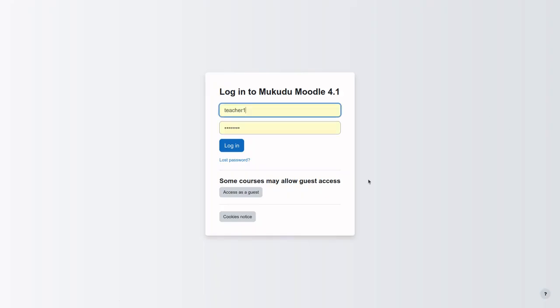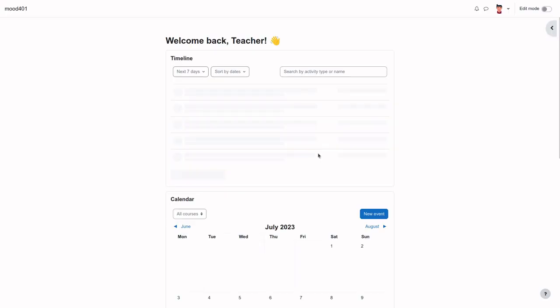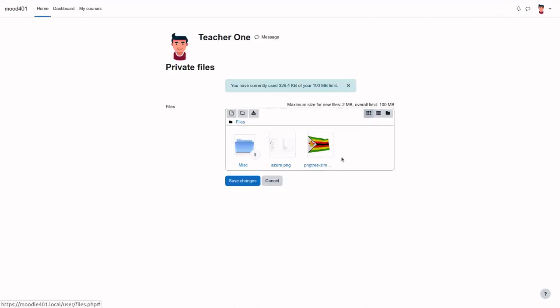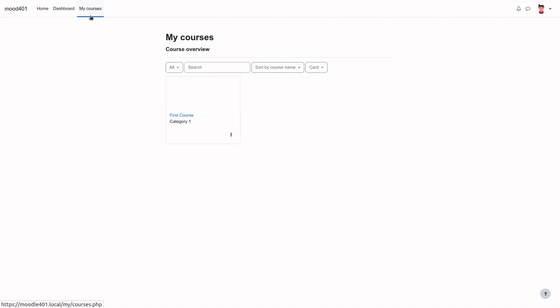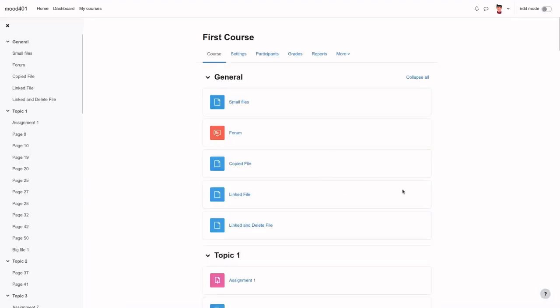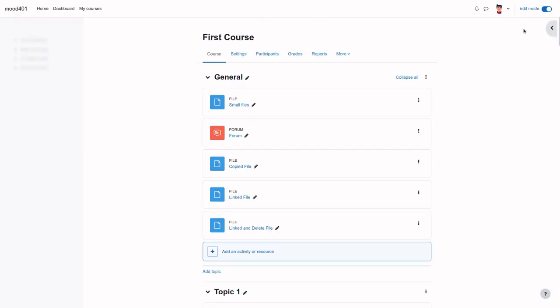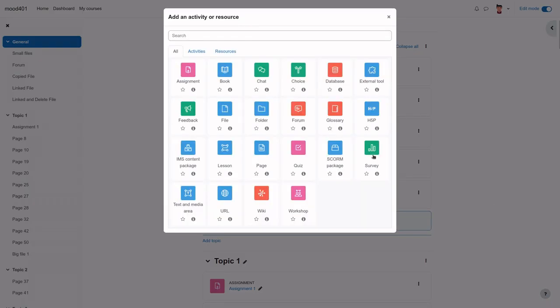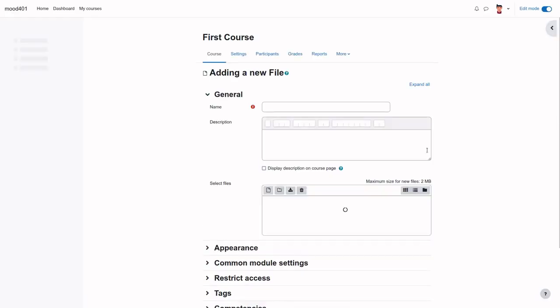So I'll log out. So now I'll try and log in as teacher. I'll go to my private files area. As you can see, I've still got my files there. So let's go to courses, go back to my course, and let's see if we can try and add another file in there. So we're going to edit mode, add another activity or resource, go to files, and I'm not